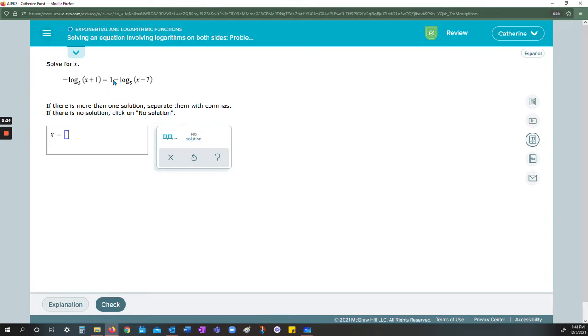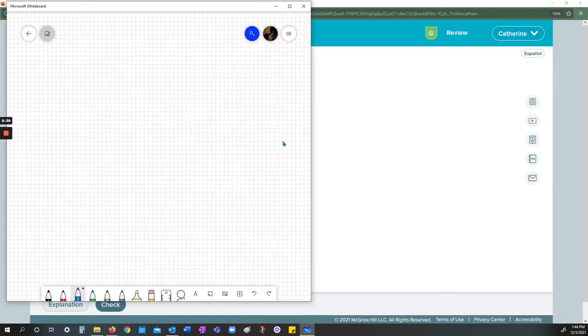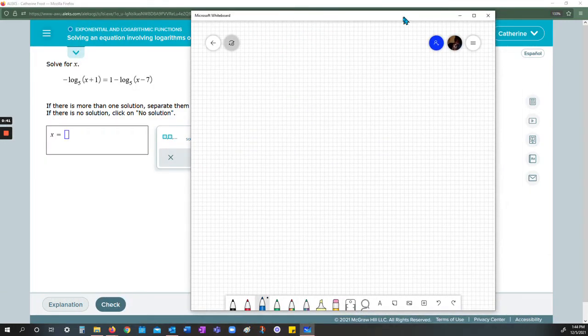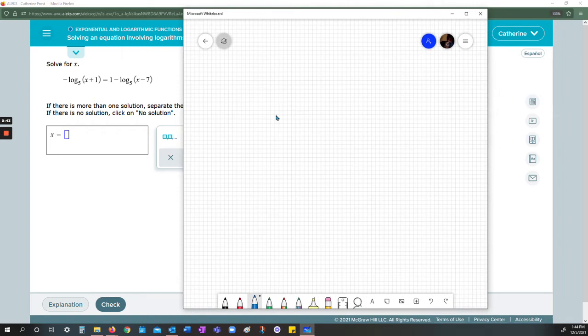And so the strategy we use is a little different if you have everything trapped inside a log versus if you have a number like that. So let me write this guy on my little whiteboard here. So we have negative log base 5 of x plus 1 equal to 1 minus log base 5 of x